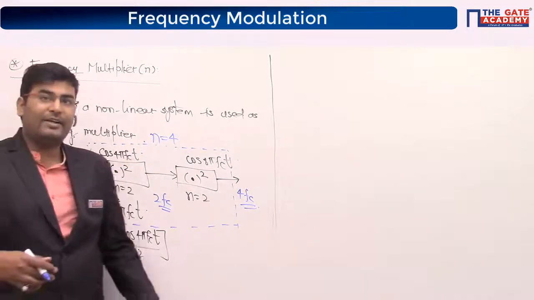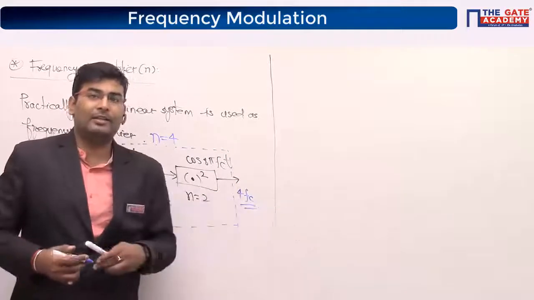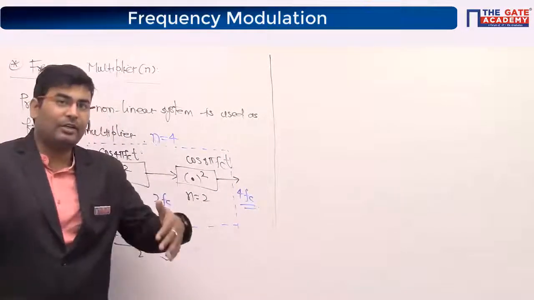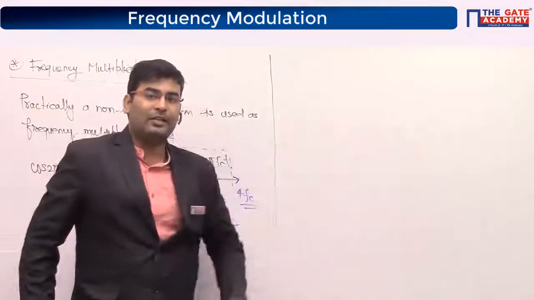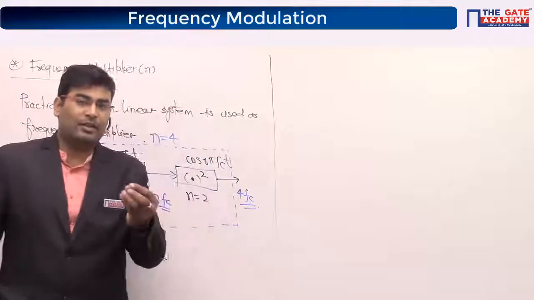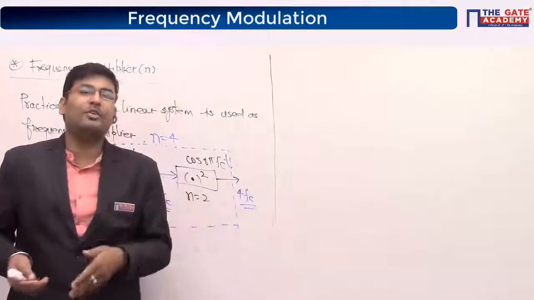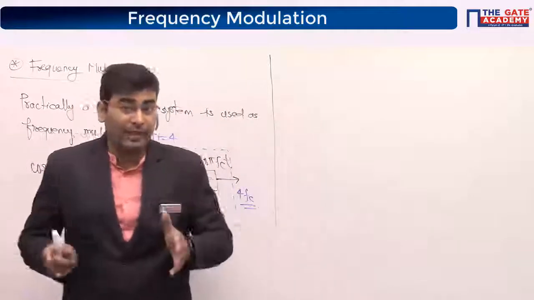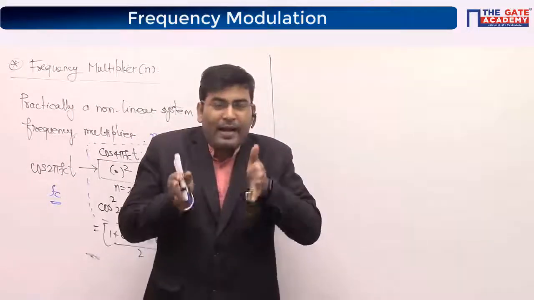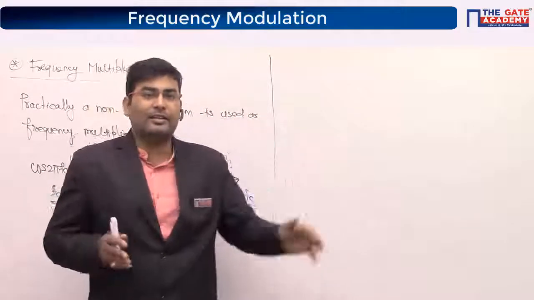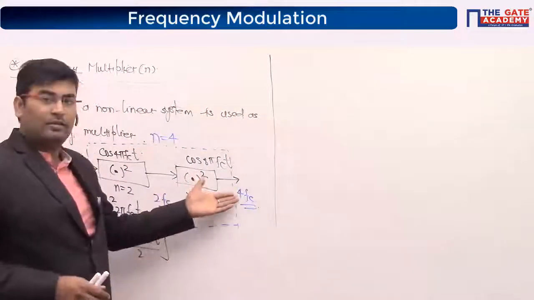So you can understand, you can go to n times. In the same manner, you can start with any frequency and you can go to wideband. So that is the way you take a narrowband FM from, let's say, a small frequency. Narrowband FM is what? Again, recall that point. Narrowband FM means that it has a narrow band of frequency, a narrow range of frequency. You want to increase that range, you can use this. Look at that.